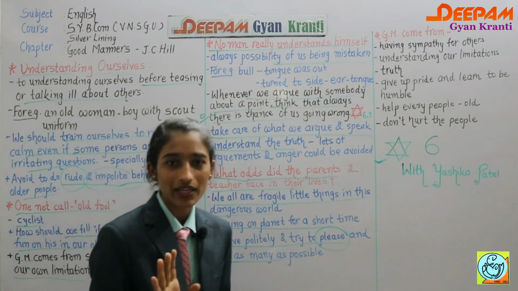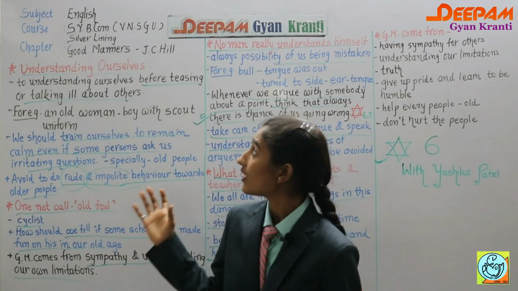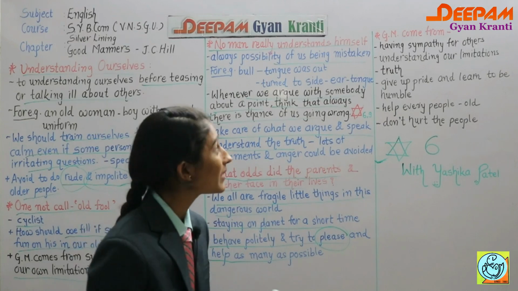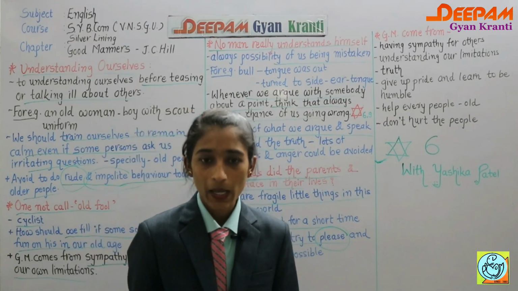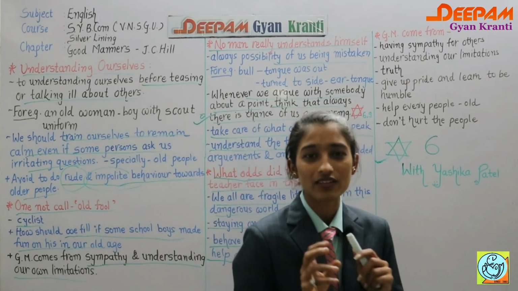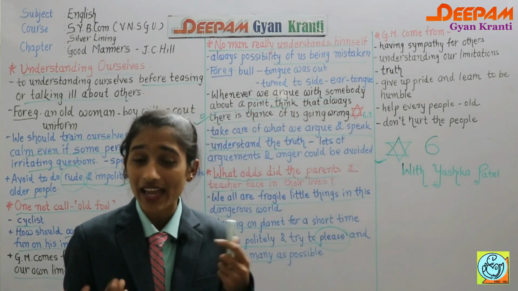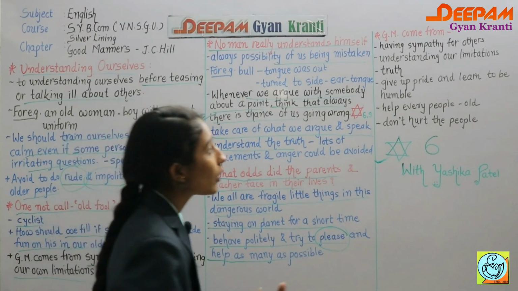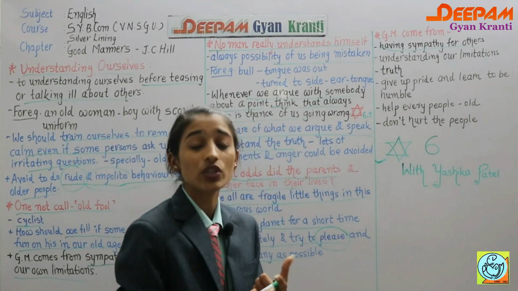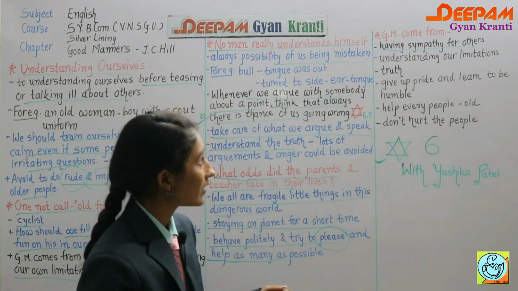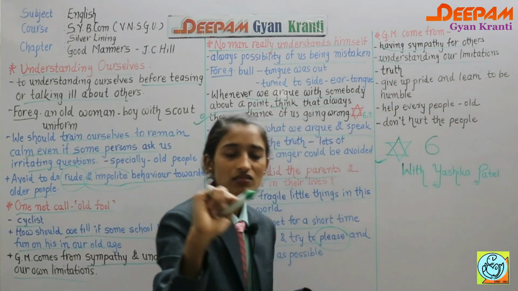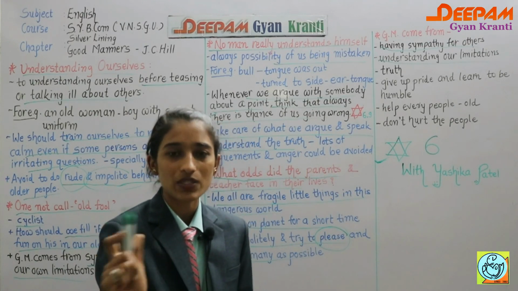Now we have discussed so many points in this chapter, especially what J.C.Hill told us, but finally the question comes: where do good manners come from? Because you may say, ma'am, from the beginning of the video you are saying good manners, good manners, but how can it actually come? So good manners come from having sympathy for others, as in the example of that young man earlier. Then understanding our limitations. If we understand our limitations, then we will definitely give respect to others.